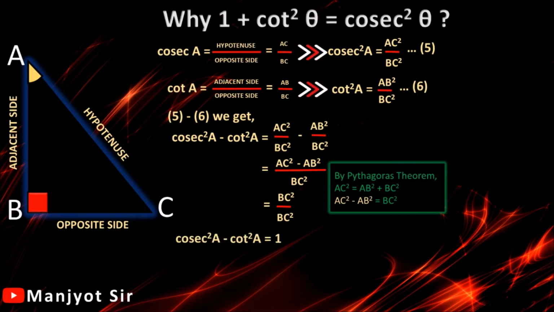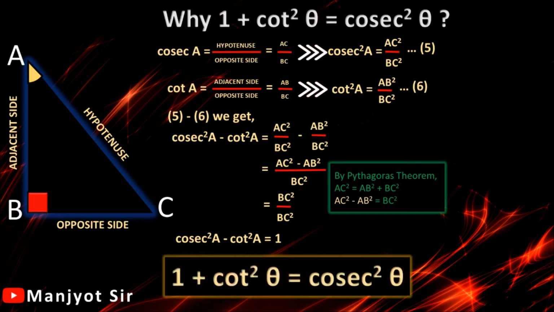The only thing remaining, if you observe the identity, is that in the identity it is 1 plus cot square. So it is plus cot square and we have minus cot square. So we'll shift that cot square to the other side and we'll get our identity, that is 1 plus cot square is equal to cosec square, or you can say 1 plus cot square theta is equal to cosec square theta. Again, if you want, you can pause this video over here and take a screenshot of this proof so you can keep it with yourself. I guess everyone is clear with all three proofs.